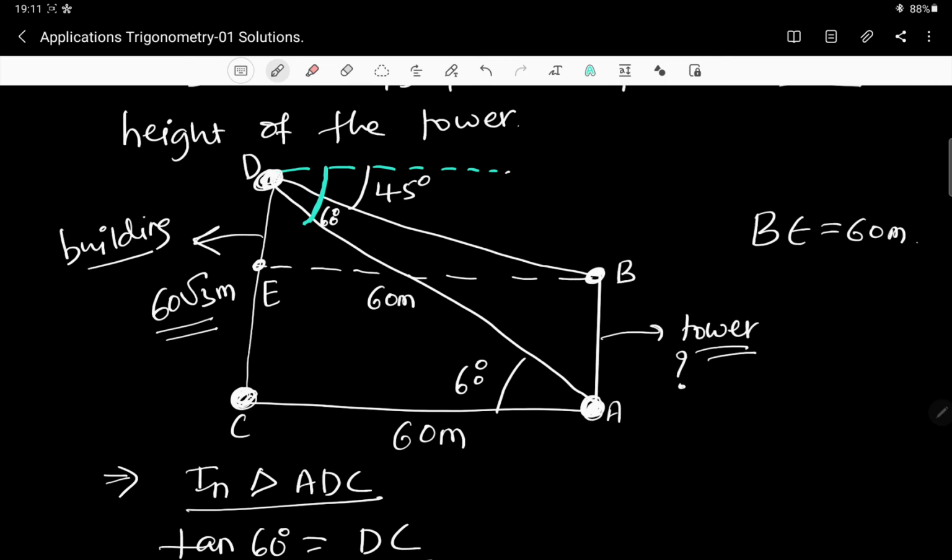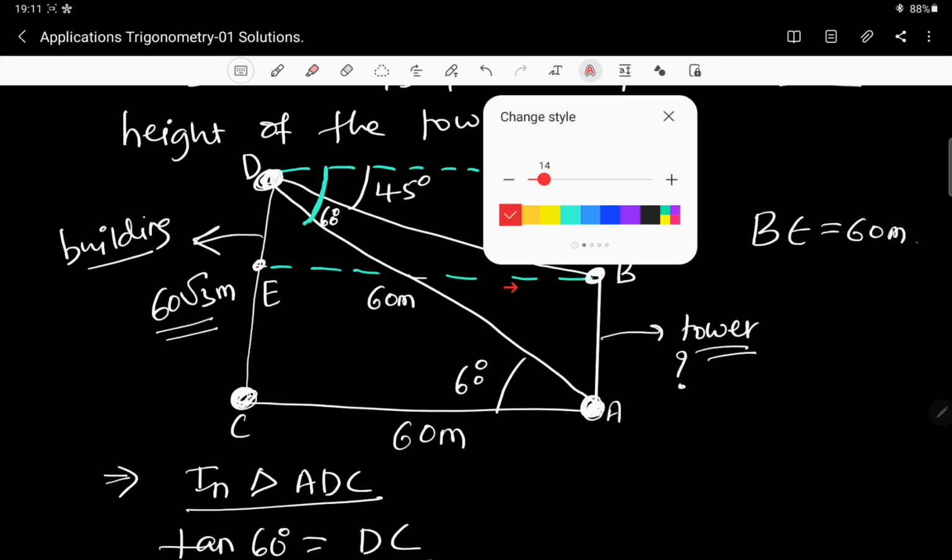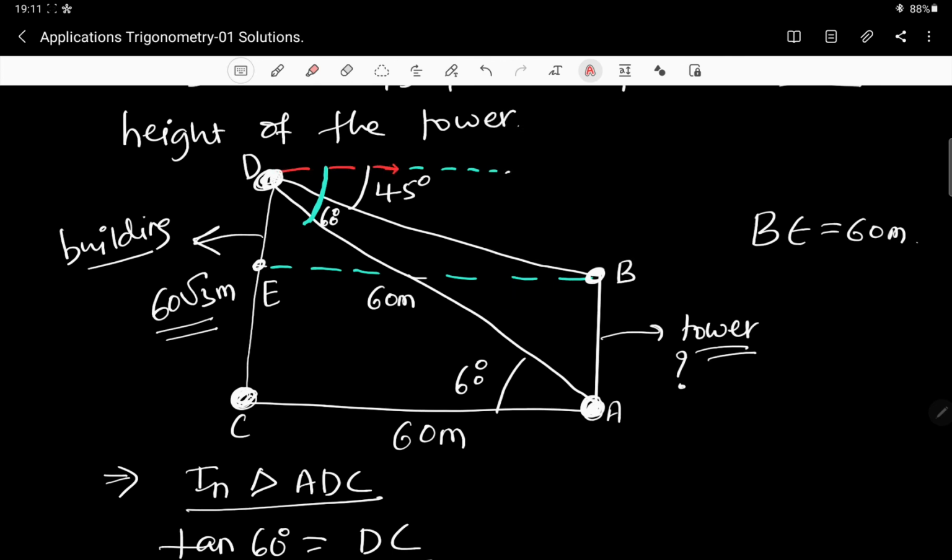Then afterwards, look at this dotted line here, and this dotted line. Here I have already dotted it, I have given that color. Now the red I have made, this red colored line, and now what I am making red. So these are parallel to each other, no? If they are parallel, this angle is 45 degrees. How about this angle? They are like alternate interior angles, no? So it also becomes 45 degrees.